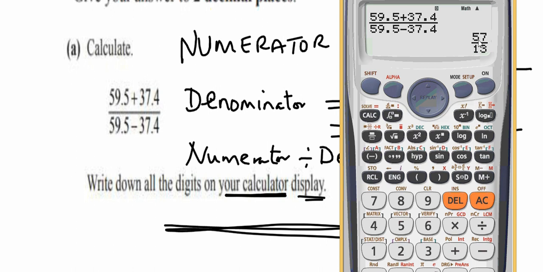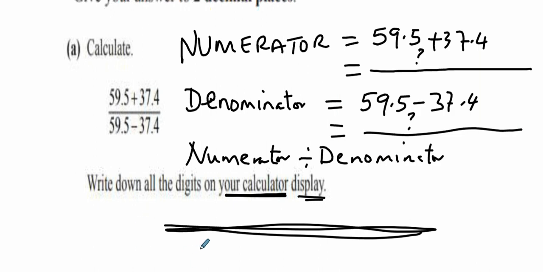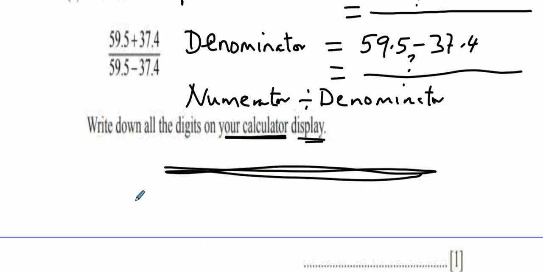So don't copy this fraction. What you do, you press this button here. You press this button, and do you see a bar? You can see a bar over here. Now you have to press the button again for the second time. Then you will get a decimal, which they are saying write down all the digits on your calculator display. So you copy that answer over here. The answer is 4.38. Write all the digits. 4.38